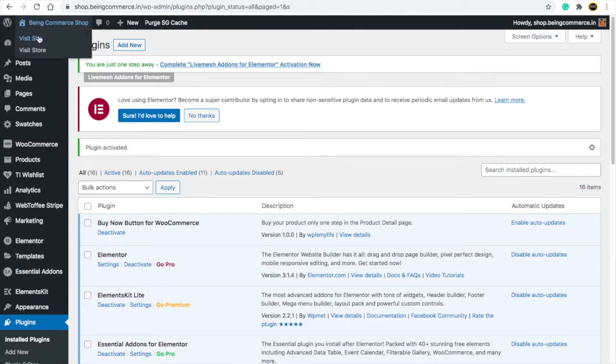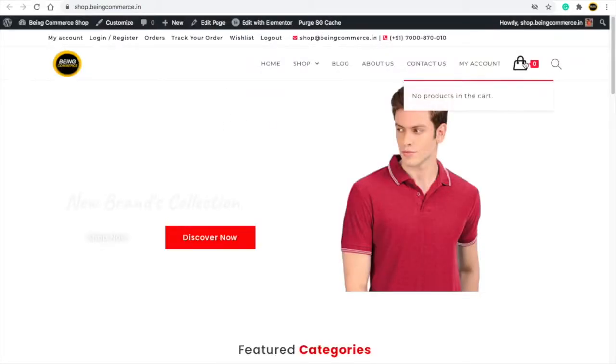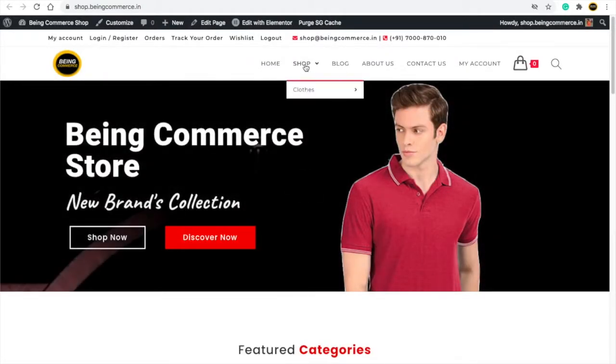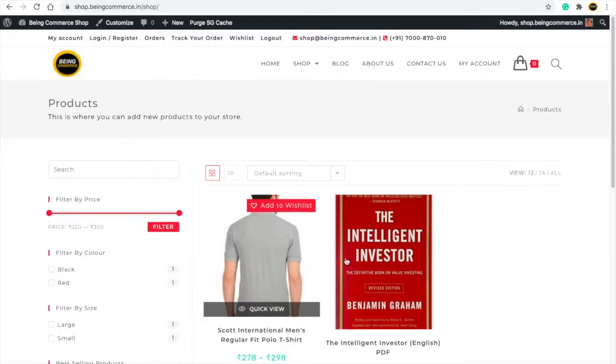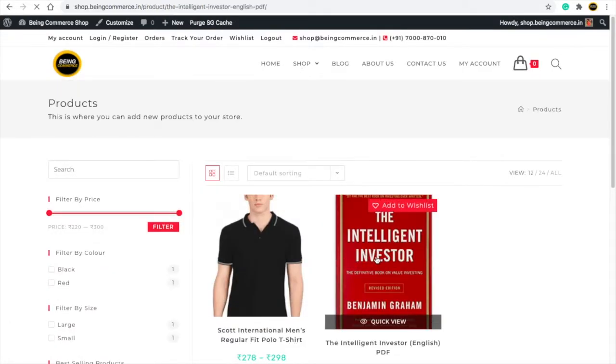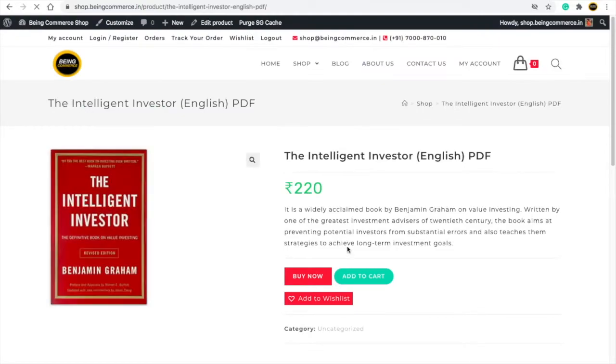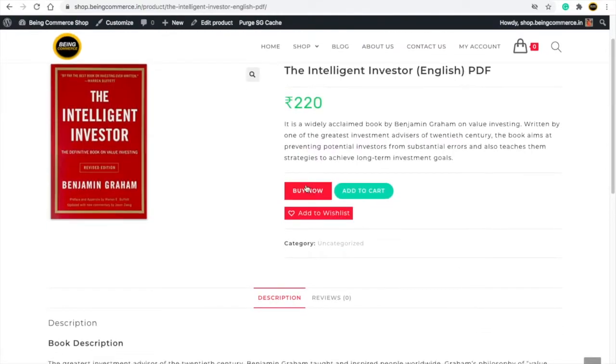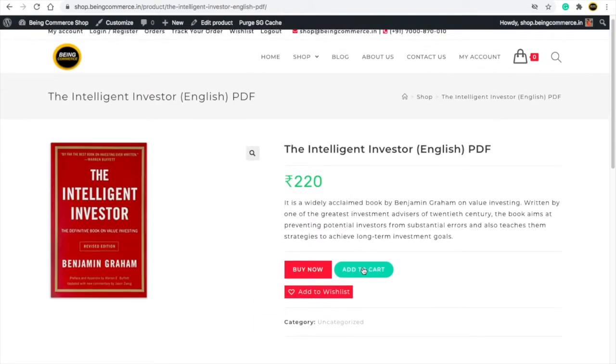For example, I will go to the website again. So this is the website I have, my e-commerce website. Now for example, I just go to shops, and for example, this is one digital book. Here you can see that I have added this buy now button. That means instead of going to the add to cart button, he can directly click here and go to the checkout page. So if I click here,